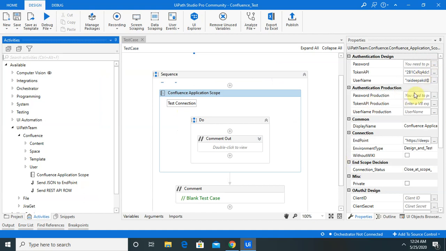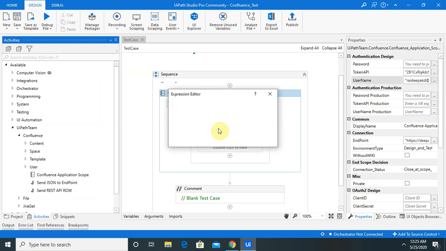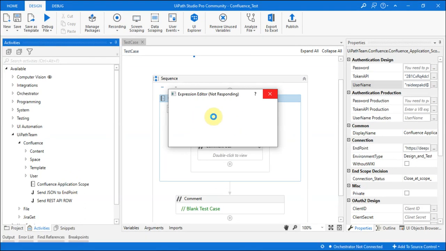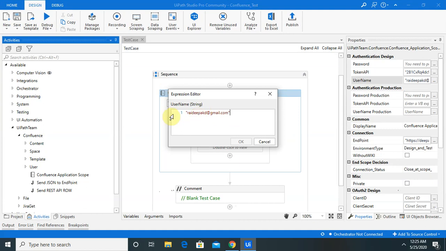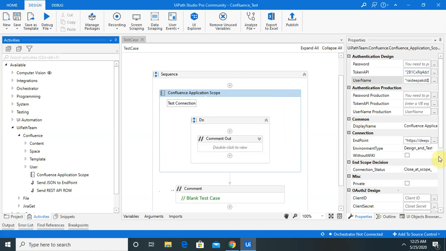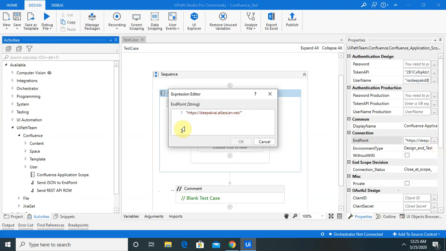Now whatever username you use for logging in to Confluence, add that username here. As you can see, I have already added my email ID as the username. If you have created a specific username without your email ID, you can add that username. Now we need to add the endpoint.